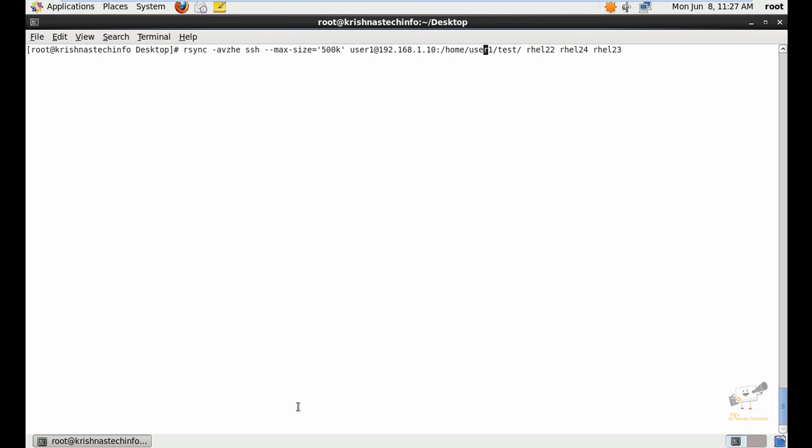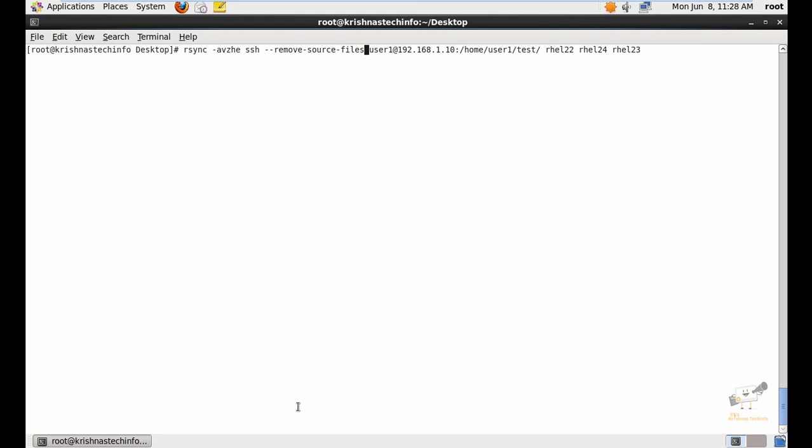You can also automatically delete the source files after successful transfer. For that, you can use the --remove-source-files option. This will remove the source files after successful transfer. And if you want to do a dry run with rsync, you can use the --dry-run.